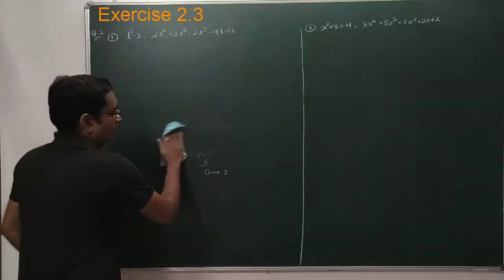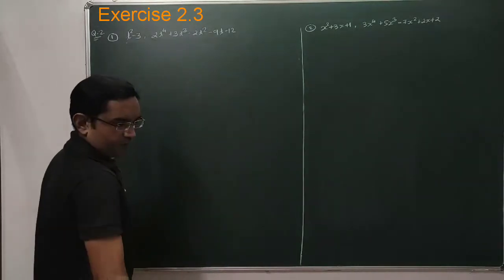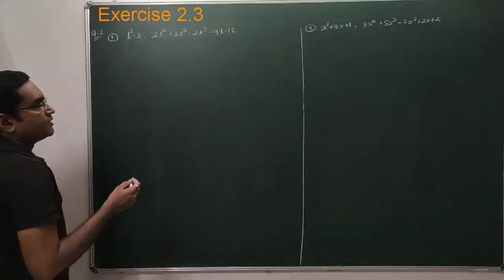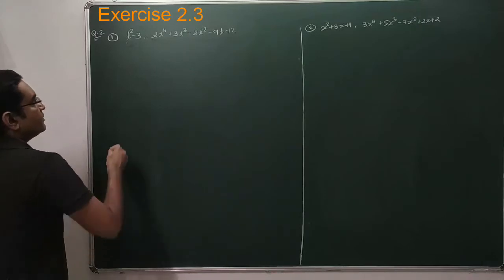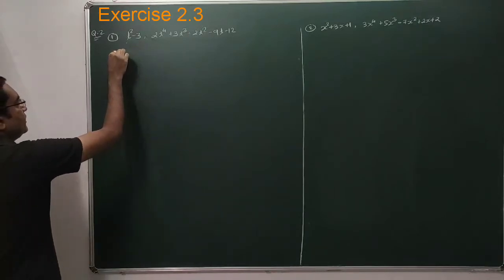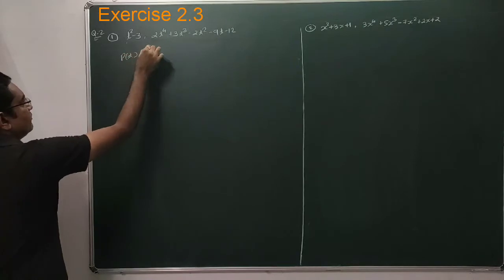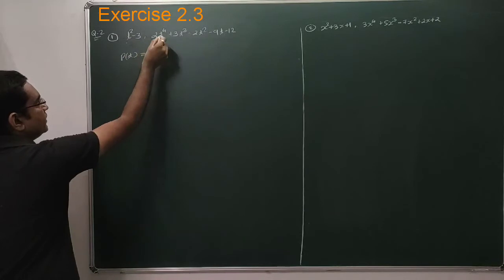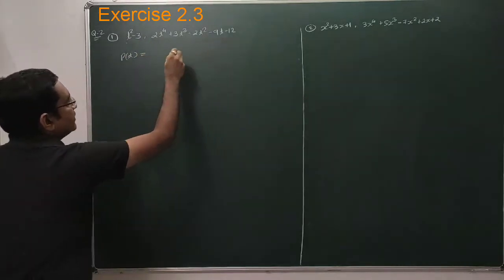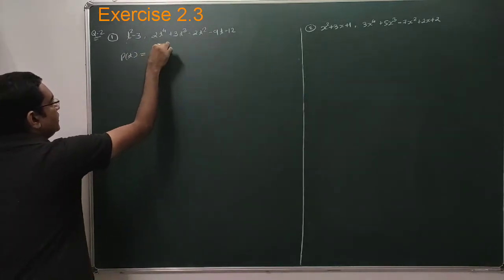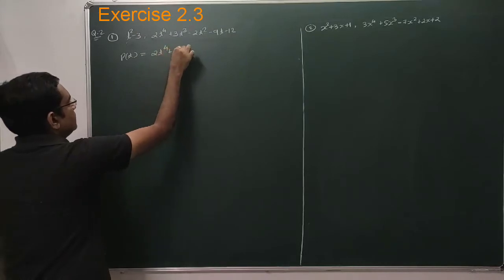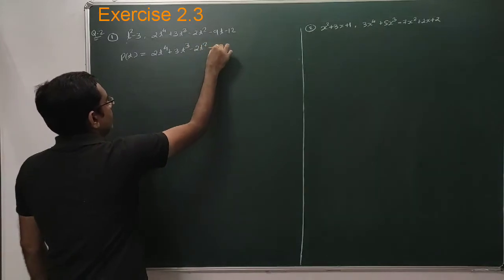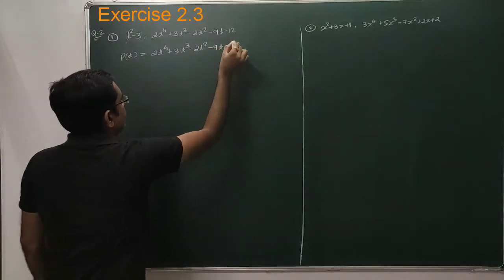Basically, you have to perform long division of given two polynomials, and you have to check the remainder. So for the long division, you have to first describe our dividend polynomial and divisor polynomial. So dividend polynomial is, we are dividing the second polynomial. Second polynomial of variable t, so it's p of t, is our dividend polynomial, which is already in standard form. So it's 2t raised to 4 plus 3t cubed minus 2t squared minus 9t minus 12.